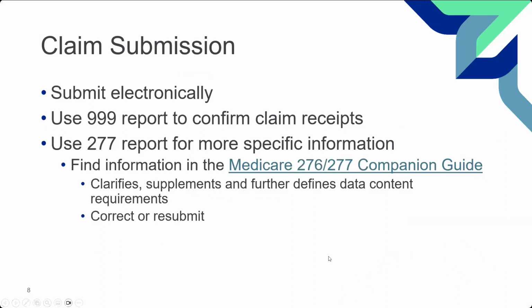Based on a law that requires it, most providers submit claims electronically. When submitting claims to WPS, there are reports that generate to confirm your claim receipt and report more specific information about data requirements. And one of these reports is the 276-277 report. The Medicare 276-277 Companion Guide was prepared by our Electronic Data Interchange, or EDI staff, and that helps submitters understand